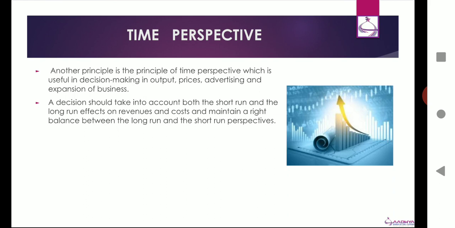Suppose we operate in the short run with profit, but in the long run we end up making a loss, then it is no use to produce, because in the long run we have lost our profits. Suppose we are making short run losses but profit in the long run, it may be that some firms continue to produce because in the long run they know they'll make a profit. But sometimes a firm, to continue to function, needs revenue, needs a minimum level of profit in the short run.